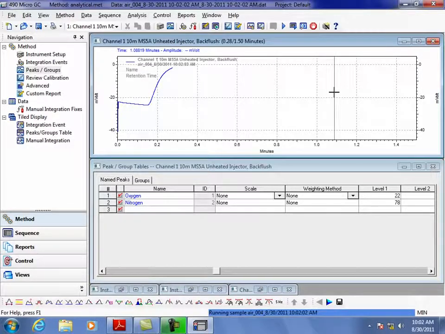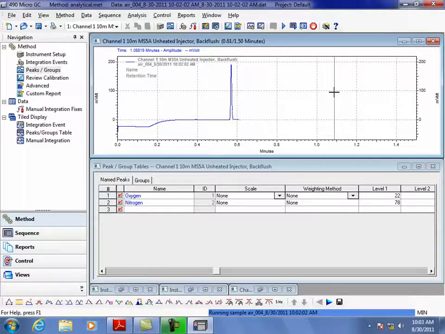Another thing to talk about while this is running, because a lot of people get confused when they think about calibration. You're probably okay doing your calibration with 100% gases, because it's 1%, plus or minus kind of thing. Your calibration gases that you use should make sense. The analyzer's specification is plus or minus 0.1%, right? So if I'm going to do a calibration of a particular compound, and I'm going to look at 100 parts per million,